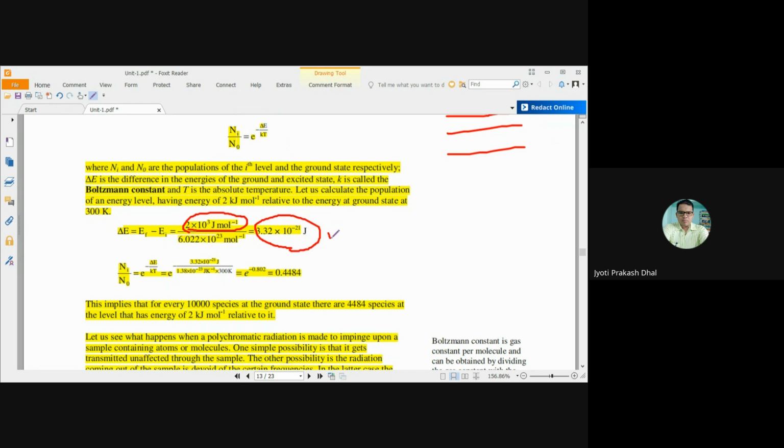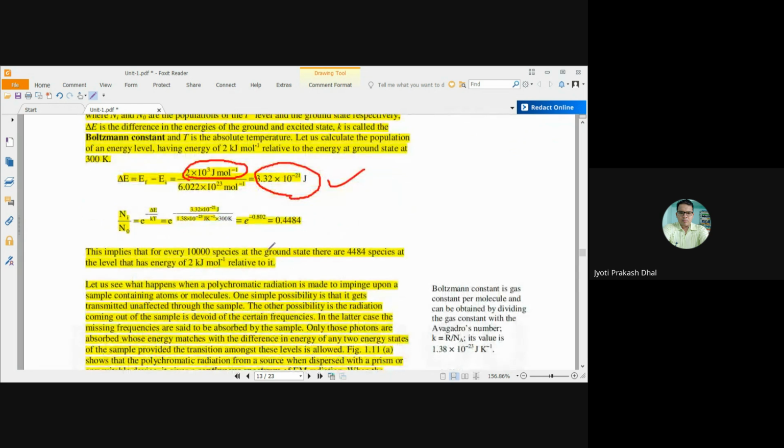So this is the energy difference between the ground state and the excited state energy level of a particular atom or particular species. For this particular species, this is the energy difference. But according to the question, let us calculate the population of an energy level. That means in a particular energy level, how many atoms will be there? Now, according to the Boltzmann